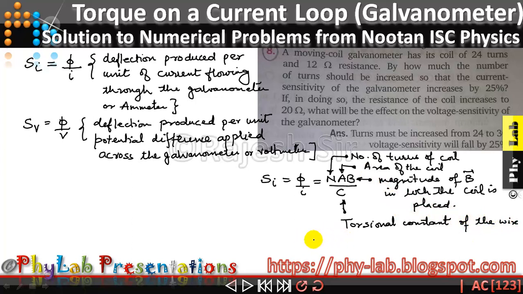And what does it measure? It measures the torque required to twist the wire. किसी भी तार को ऐंठने के लिए मुझे कितना टॉर्क की जरूरत है। कोई तार है, अगर तार को आप ऐंठना चाहते हैं तो उसको ऐंठने के लिए कितने टॉर्क की जरूरत पड़ेगी, वो टॉर्सनल कांस्टेंट उस वायर का डिसाइड करता है। तो बच्चों ये फॉर्मूला है आपके पास करंट सेंसिटिविटी का।